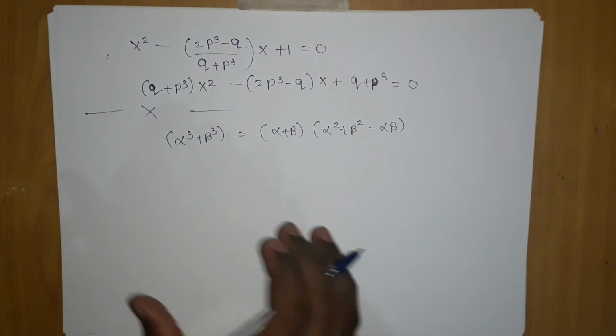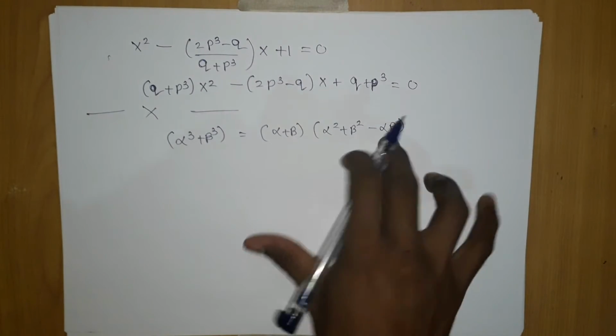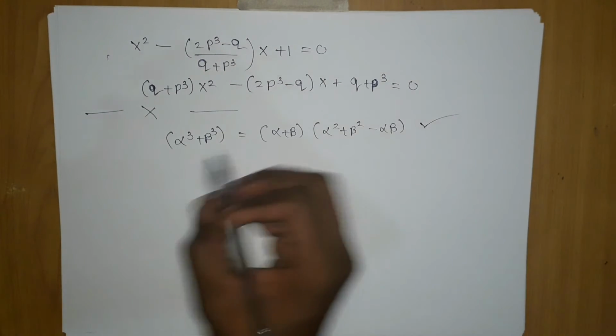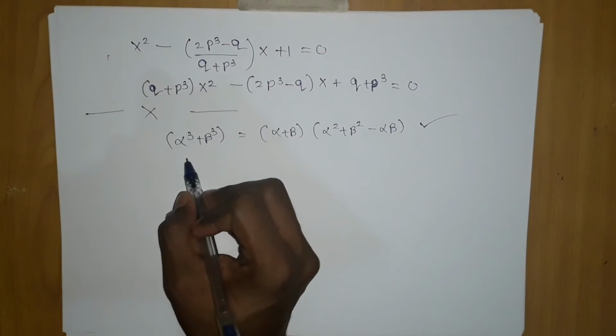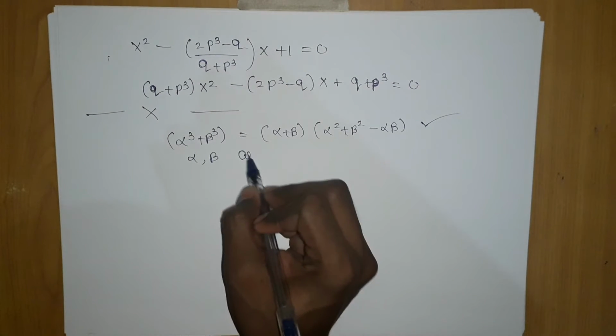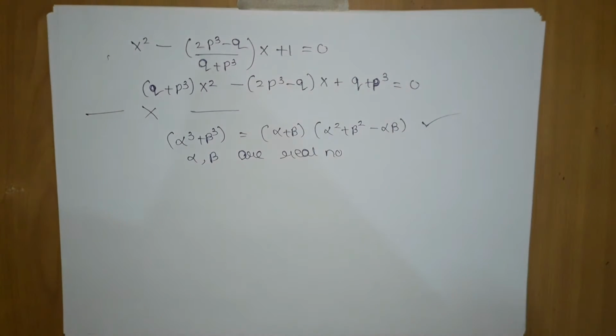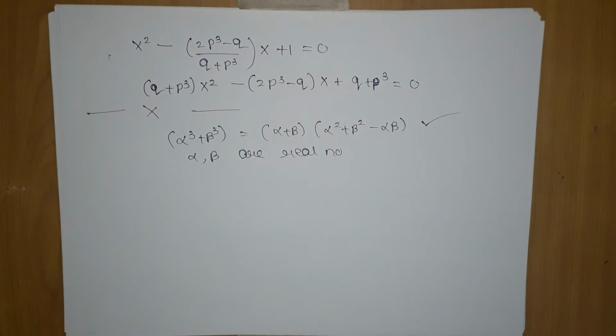But what is the error in this formula? We will get the product of the roots, right? That is right, this formula is right. But for which case does it hold? If alpha comma beta are real numbers. So these books will teach you only the right answers, but what will help you get selected is that you should know what the wrong approaches are.